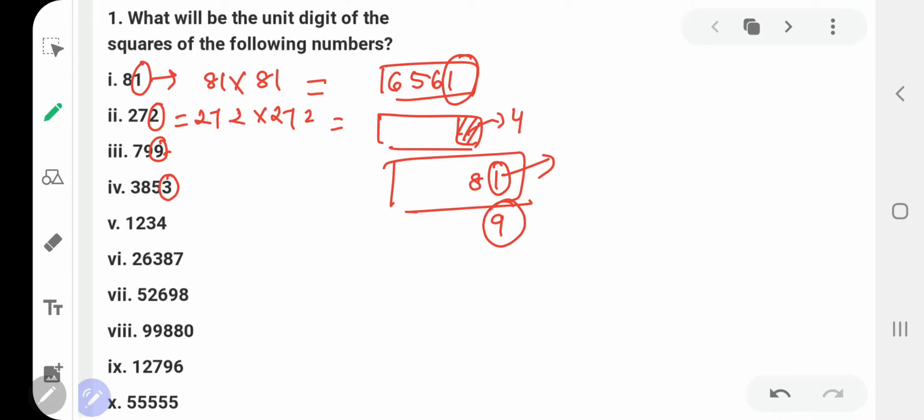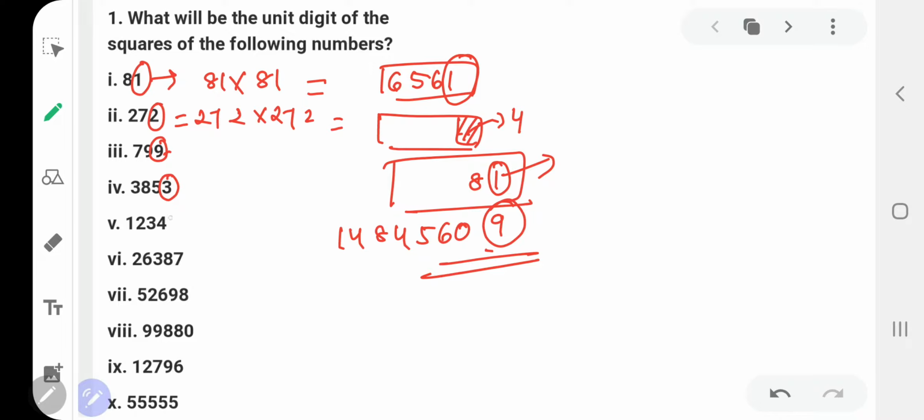So the unit digit of the square of that number 3853, if you want you can calculate and see 3853 into 3853. You will notice that your answer is the biggest answer, 14845609. So the units digit of the square of 3853 will be 9. They have not asked you to calculate and give the entire square of the number. Without calculations, you have to just find the unit digit. Okay. So you have to just take the square of the unit digit of your original number, and your square number will also have that digit.